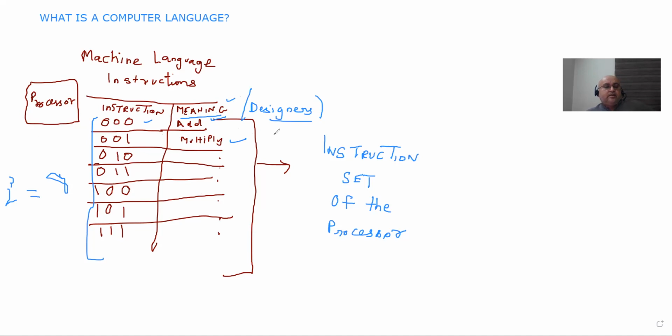All right. So the entire set of instructions in the machine language that a processor understands natively is called the instruction set of the processor. All right. Okay, so let's move forward. This is important to keep in mind. All right. Now let's try to understand